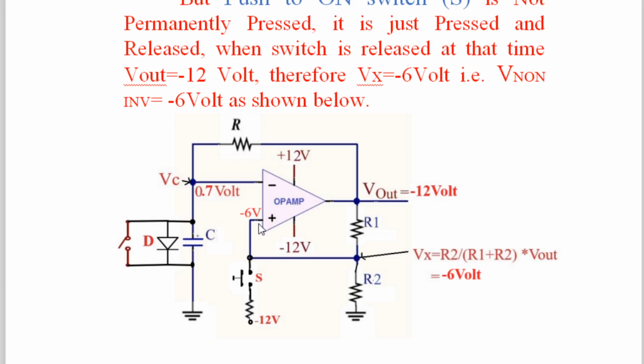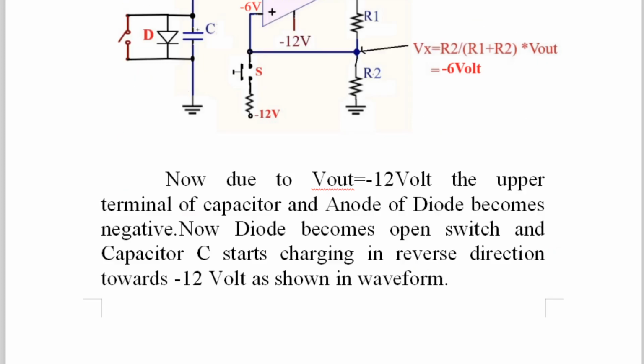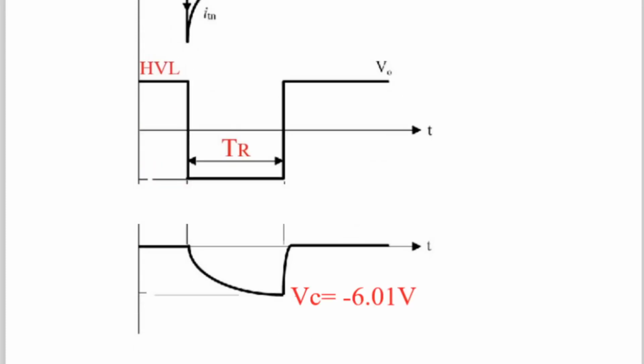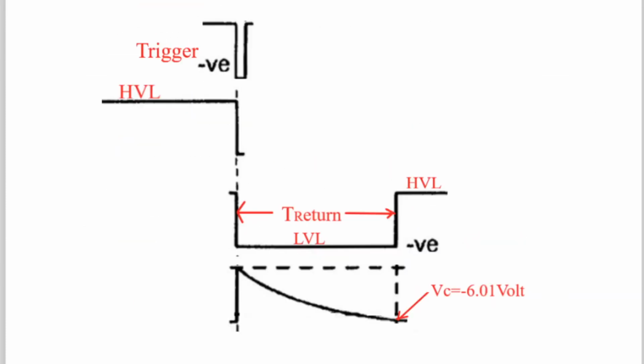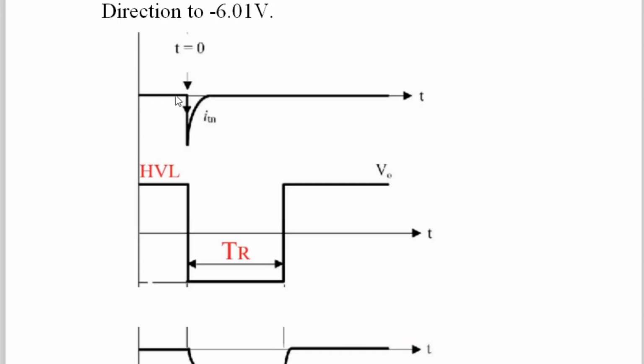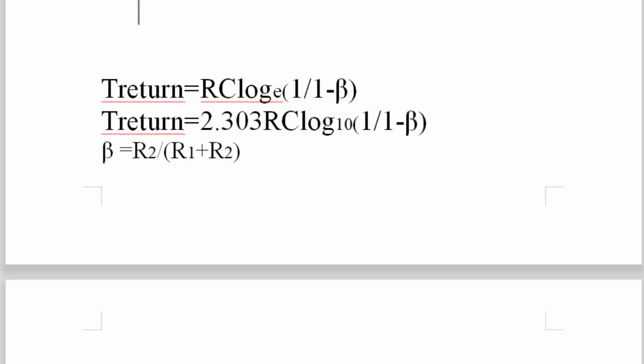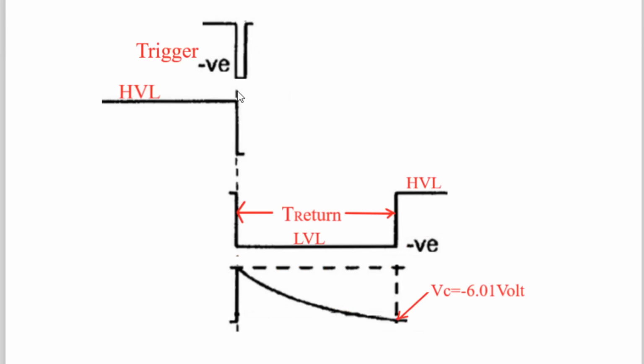So in this way R1 and R2 are also important, and finally you will understand that this graph is also very simple. One more graph is there which I have given over here. Both the graphs are the same only. Here the trigger pulse has some width, and here the trigger pulse is very sharp. In this diagram the trigger pulse is very sharp, and in this diagram the trigger pulse has a slight width, but it doesn't matter because it is in microseconds only, or less than a microsecond. So as soon as you apply the trigger, of course negative, HVL changes and goes to LVL.